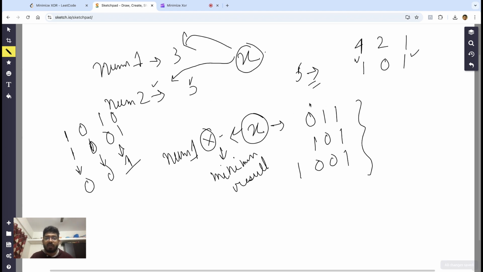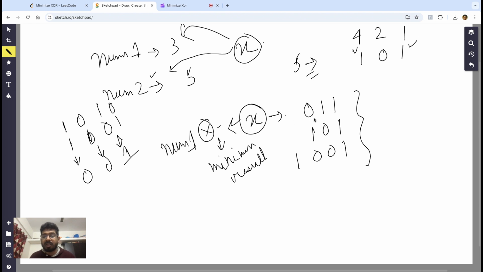So x will have two set bits, right? We need to accommodate these two set bits in number x such that we get the minimum result while XORing